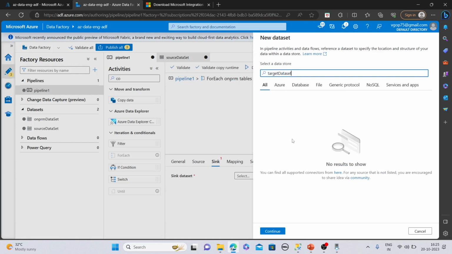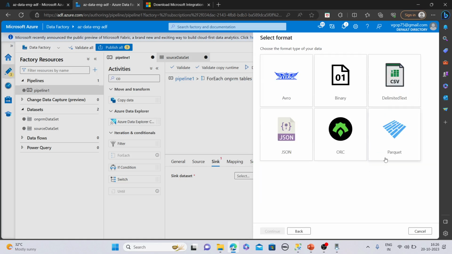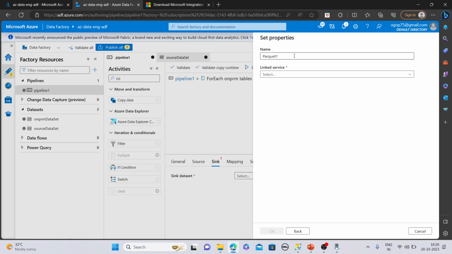Fine. Sorry, I have to click this and I would like to copy as Parquet files. Yeah, now I have to give here target